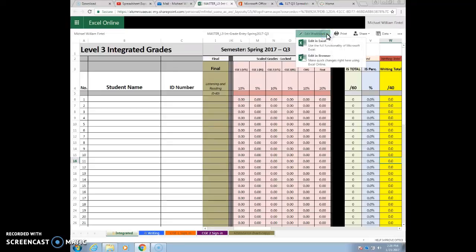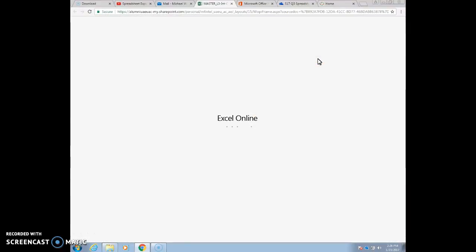And this is probably the most important step in the whole thing. You cannot edit it in Excel, otherwise the sharing feature will not work, and you will have to reconcile the grades at the end of the quarter. What you want to click is Edit in Browser, which means that anybody can make changes in real time, almost like a Google spreadsheet or another collaborative document. So we click on that,